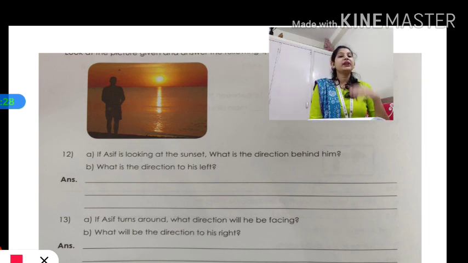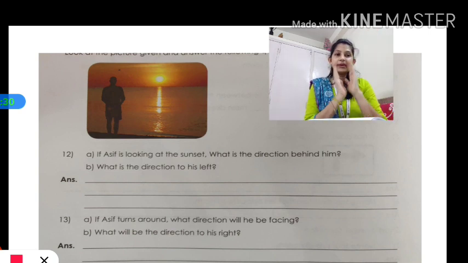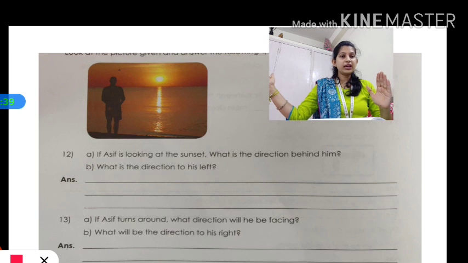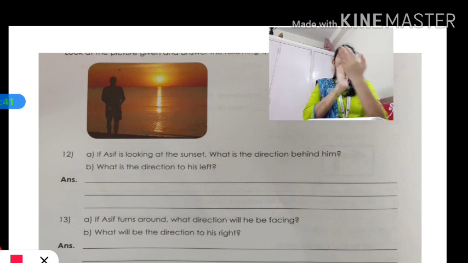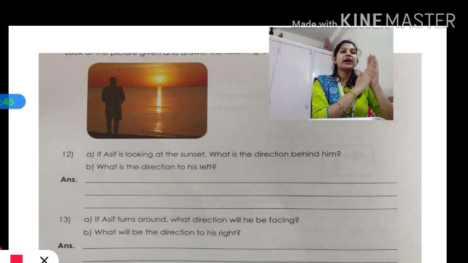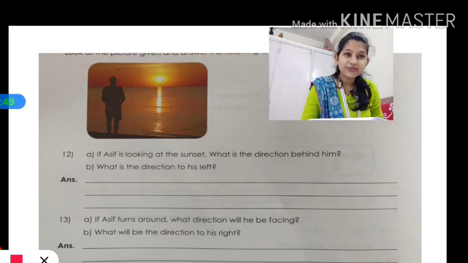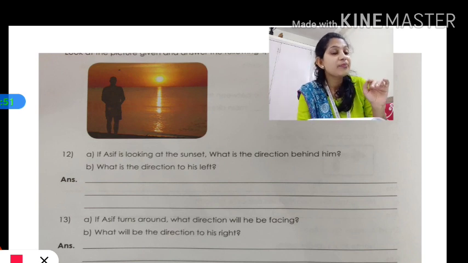Okay. Whenever you are facing east, remember this one. If you are facing east, right hand is south, left hand is north. Okay, and your back becomes west. And if you turn about, when you are facing west, your right hand becomes north, your left hand becomes south. Correct? It is a bit confusing, student, but try to do it practically. That time you are not going to forget.